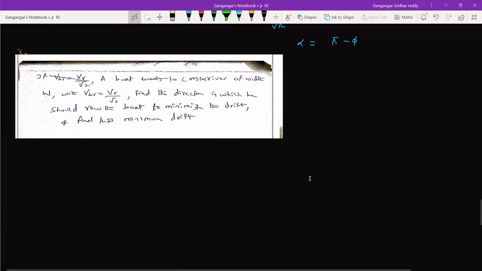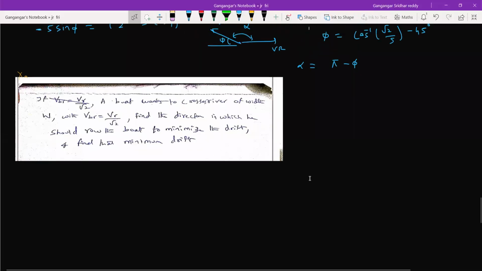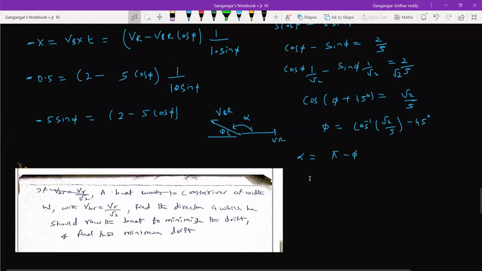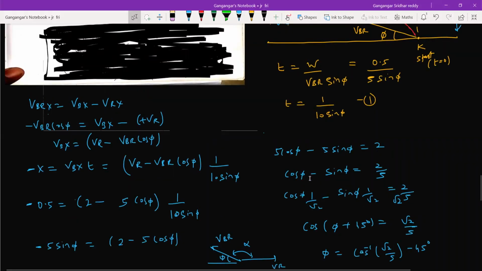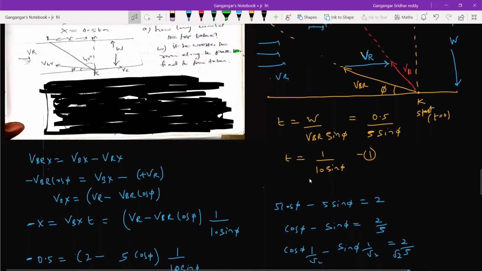After calculating the value of phi, you have to go and substitute back, and you'll get the T. I'm getting something in terms of root 23, sir. Okay, fine. The value should not be negative. Negative means something went wrong. You have to come back here. The value of phi you have to substitute in equation 1.